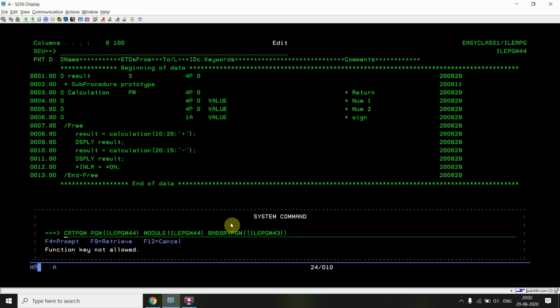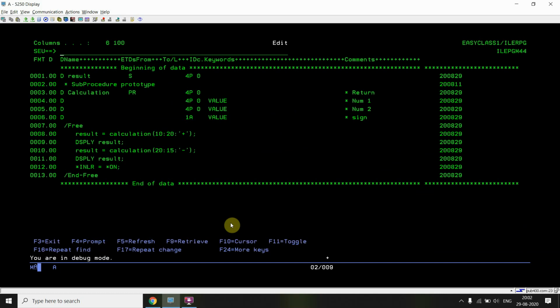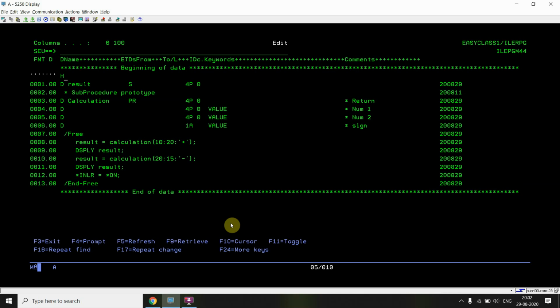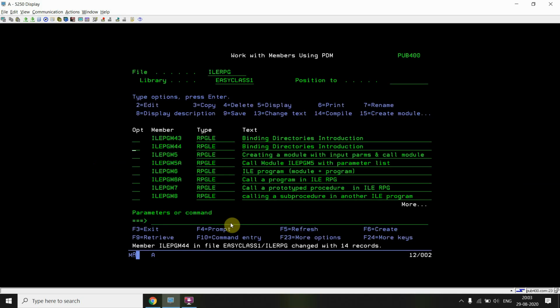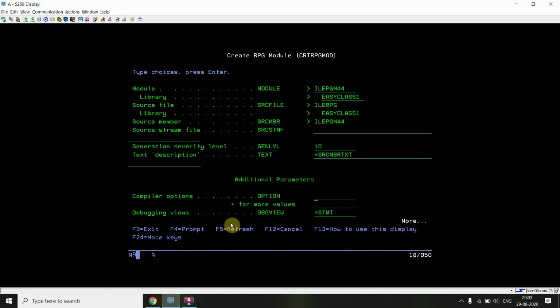I don't want to bind it from here. So what I can do is define the binding directory in the H specs, BNDR. First, I need to create a module of this, so it won't cause me any issue.